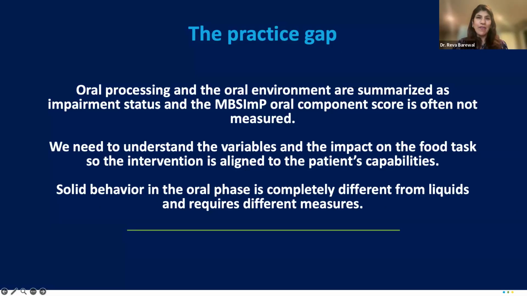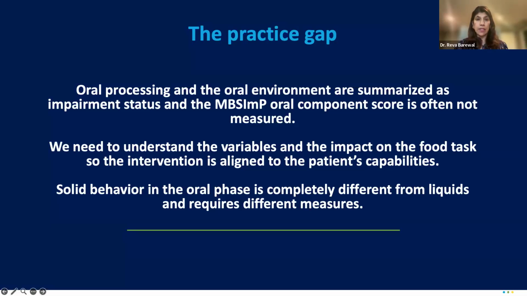So one thing I've heard repeatedly from clinicians is that the oral component score in the MBSImP is not always completed consistently. We can't make this fully interactive, but put in the chat, are you using that oral component score? Is it a yes, a no, or sometimes? And I don't think that reflects a lack of interest in the oral phase. I think honestly part of the issue is that what's not always clear is what those oral findings mean for the rest of the swallow and which variables may be driving what we see